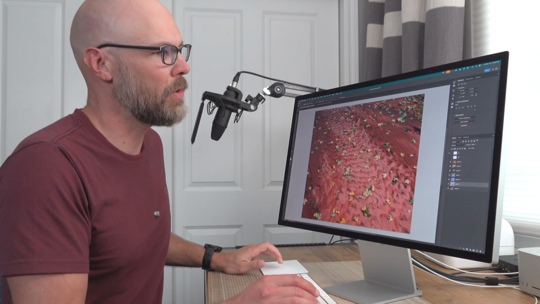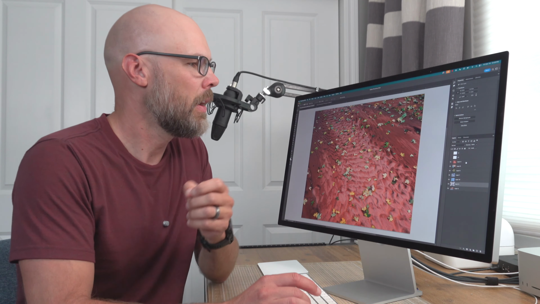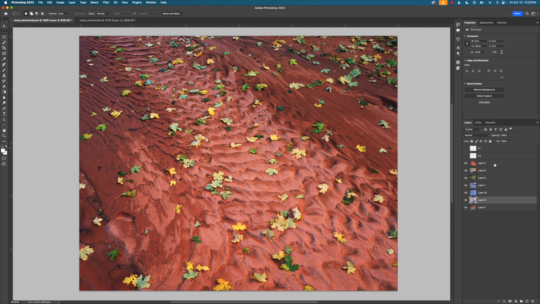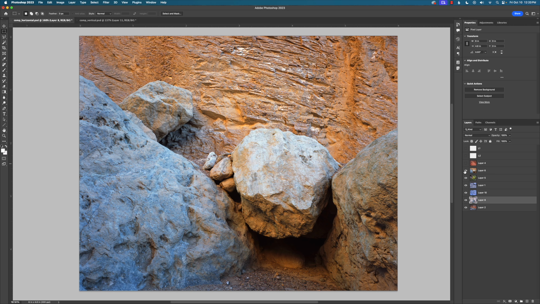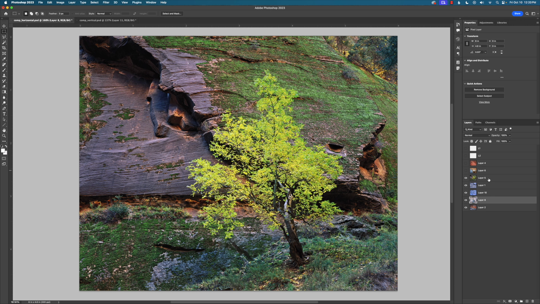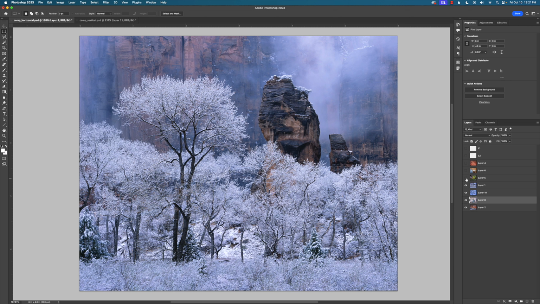So let's start with this photo taken in Zion National Park of some damp sand after some water had flowed through there, sprinkled with some leaves from the trees above. A photo from Death Valley with some boulders in a canyon. Next up is a pretty cool looking, gnarly old tree, a box elder in the Narrows in Zion. And then also in Zion, a photo as a winter storm was breaking, with the snow-covered trees and little atmospherics